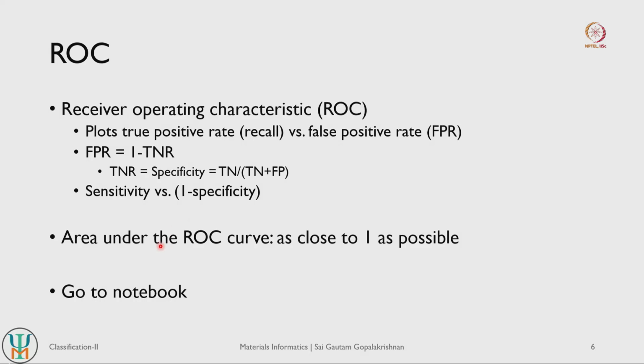When you plot an ROC curve, you are looking at the area under the ROC curve, and if your model has a value as close to 1 as possible, then the model is performing very well. A perfect classification model will have an area under the ROC curve of 1, and a highly imperfect model will have an area as close to 0. Okay. So let us go back to our notebook and let us look at some of these performance determining metrics.